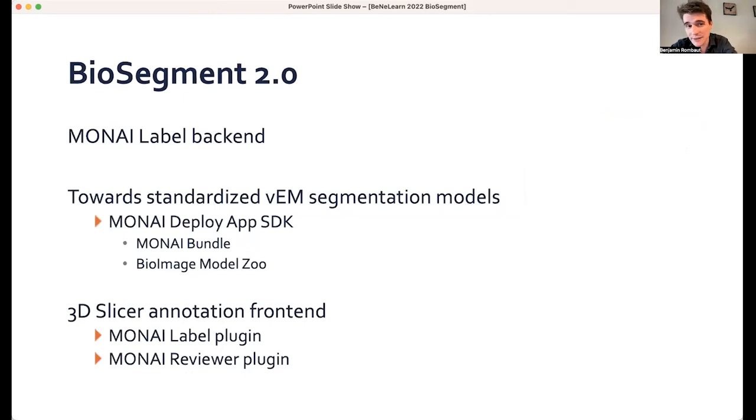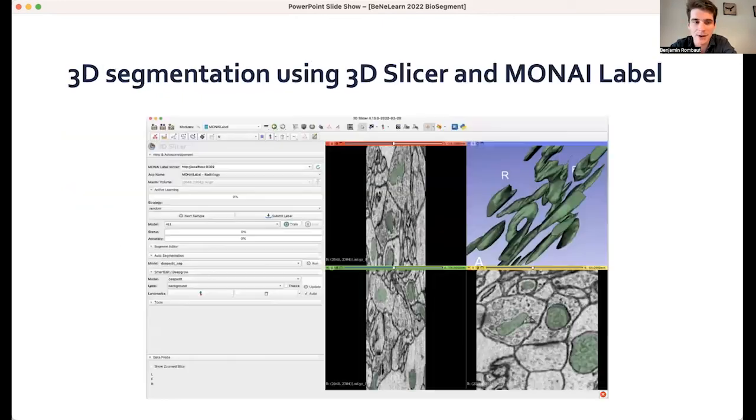But for the second iteration of this project, we used the MONAI Label and 3D Slicer. These are a bit more bespoke tools. And also because it's backed by NVIDIA and ITK, 2 big companies, it has a lot more development and we don't need to spend our own development time on it. And this is then the 3D segmentation tool in 3D Slicer. So we can see the result in 3D, and then you have all these different 3D tools to maybe tune this annotation even further. And you have a MONAI Label plugin on the left to get the next sample for